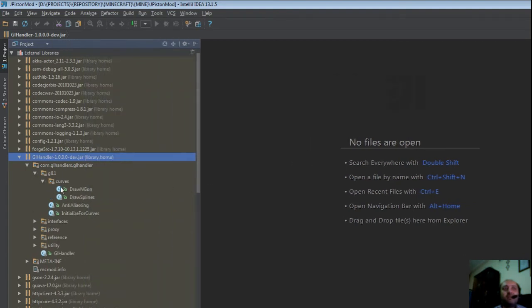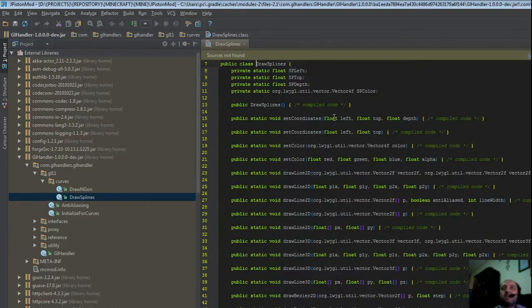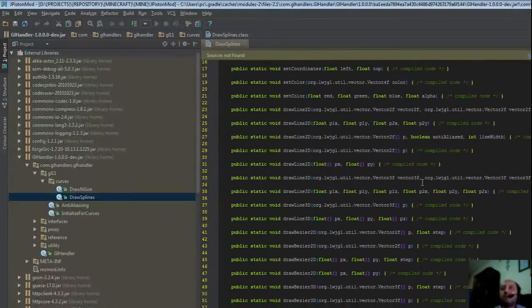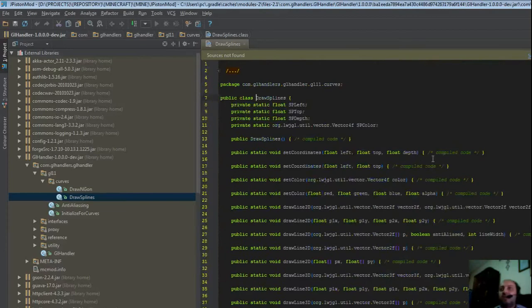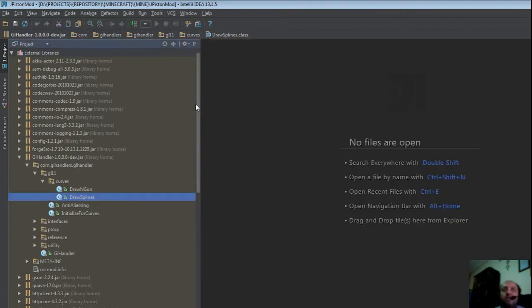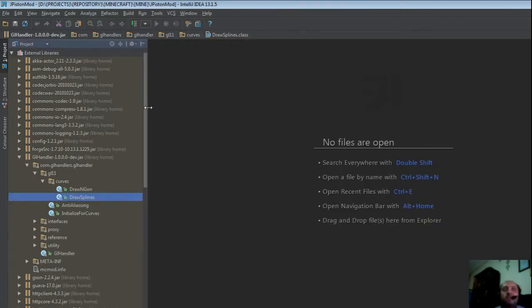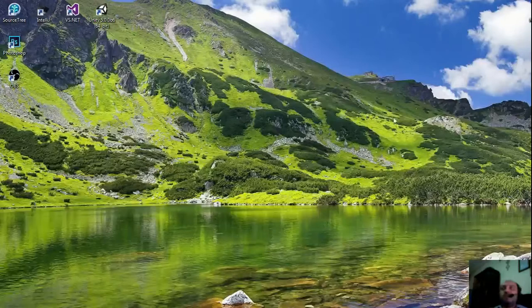And for example, draw spline, if you open it, then you see that you can't see the code actually. You can't see the code, okay? It says compiled code. What the hell? I wanted something else. I wanted my code. So,